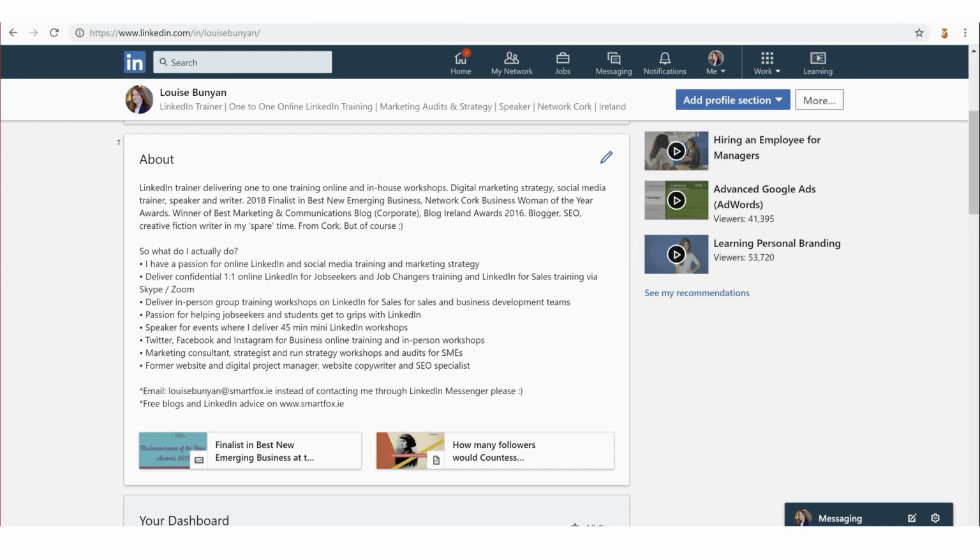You can talk a lot more about your skills and your experience, but you can also talk about what you would like to do. So if you're not currently working, you can actually say, this is who I'd like to work for, these are the types of roles I'd like. But you can also talk about personal achievements, and you can sell your skills and your experience a lot more here. So you can write sentences.